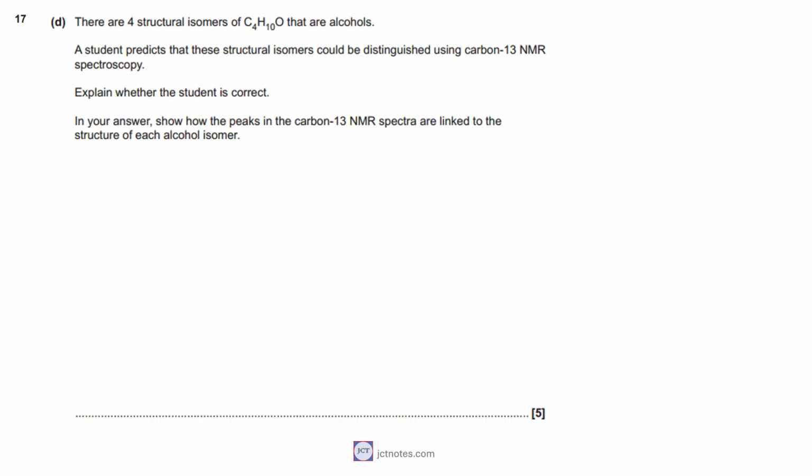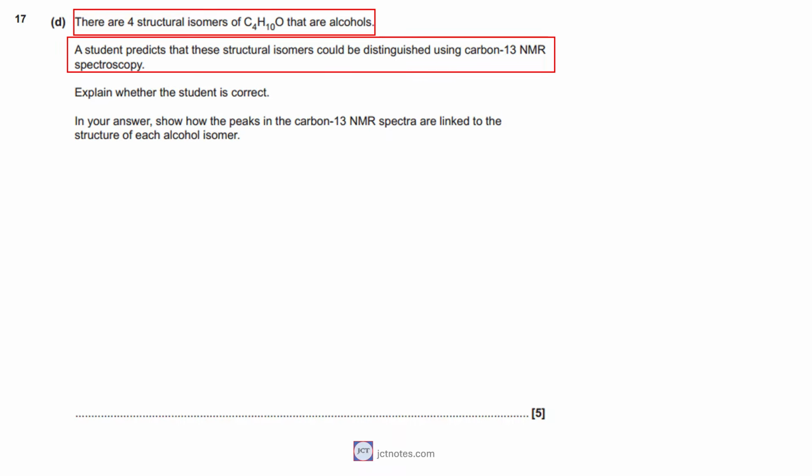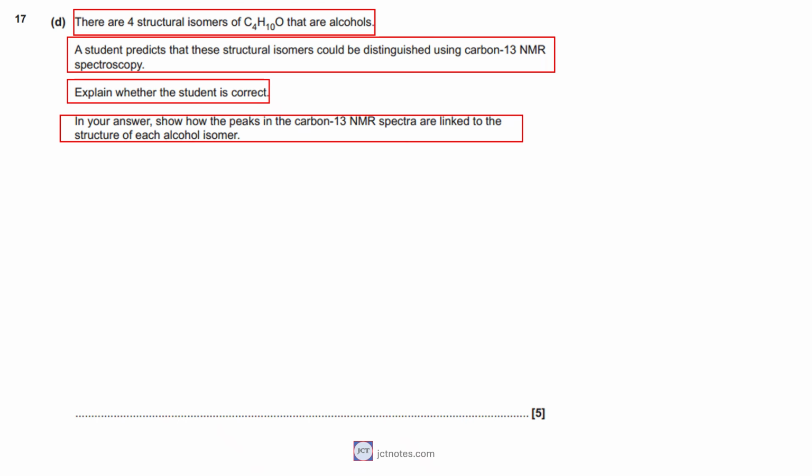In Part D of Question 17, we have the statement saying that there are 4 structural isomers of C4H10O that are alcohols. A student predicts that these structural isomers could be distinguished using carbon-13 NMR spectroscopy. We are asked to explain whether the student is correct. In the answer, we need to show how the peaks in the carbon-13 NMR spectra are linked to the structure